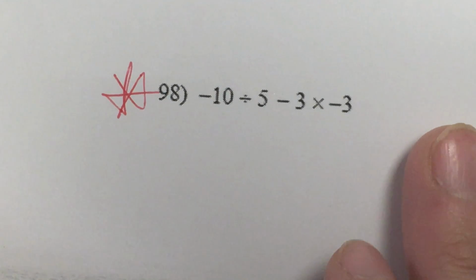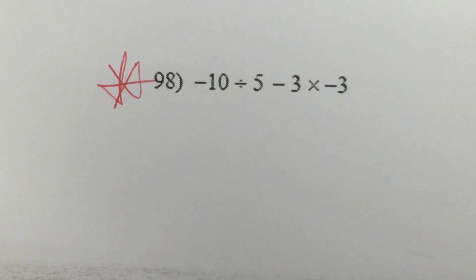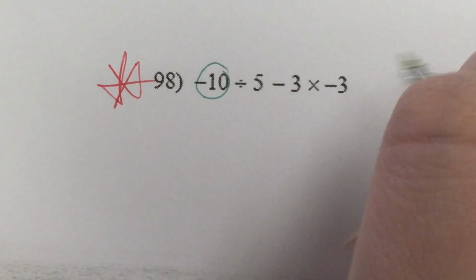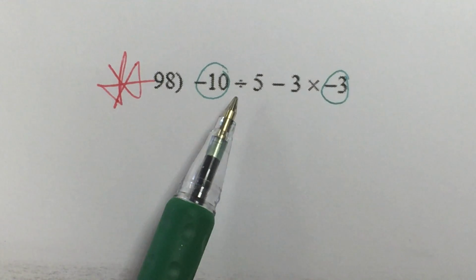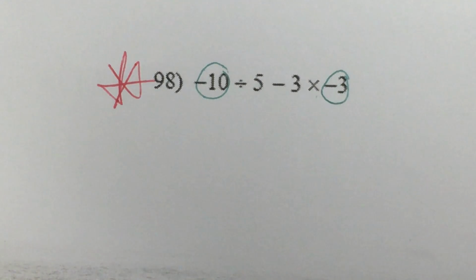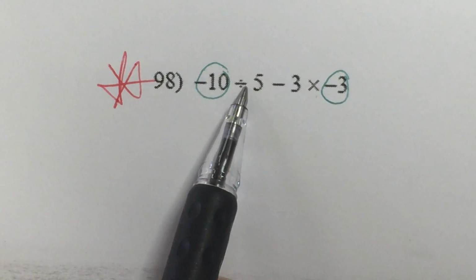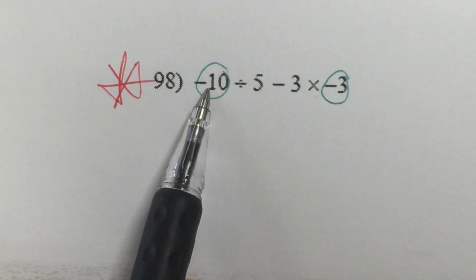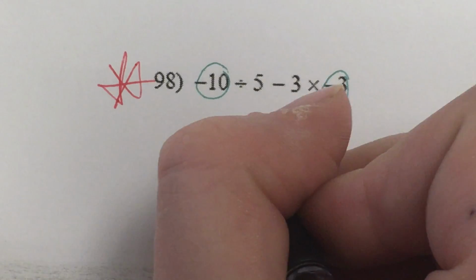Let's go down here to 98. This time we've got a couple things going on here. We've got a negative, another negative, and then we have division, subtraction, and multiplication again. So we need to, once again, take this one step at a time. Multiplying and dividing is going to come before any subtraction or addition. So let's take care of this division, left to right. Negative 10 divided by 5 is negative 2,